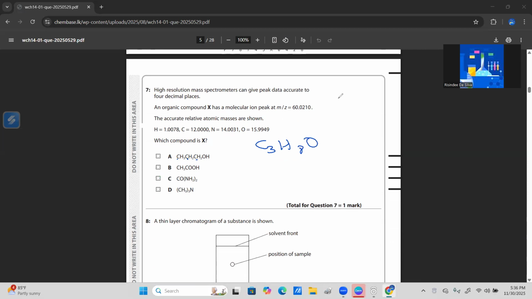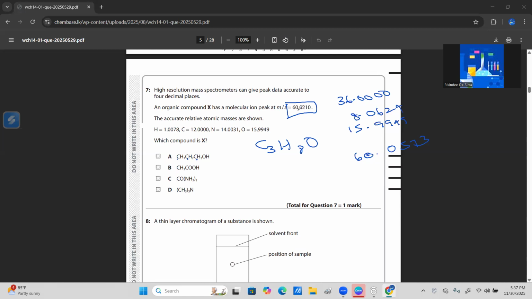12 into 3 is 36. We have to take all 4 decimal places. And 8 into 1.0078, which is 8.0624, then 15.9949. So if I add all, I'm getting 60.0573. That is